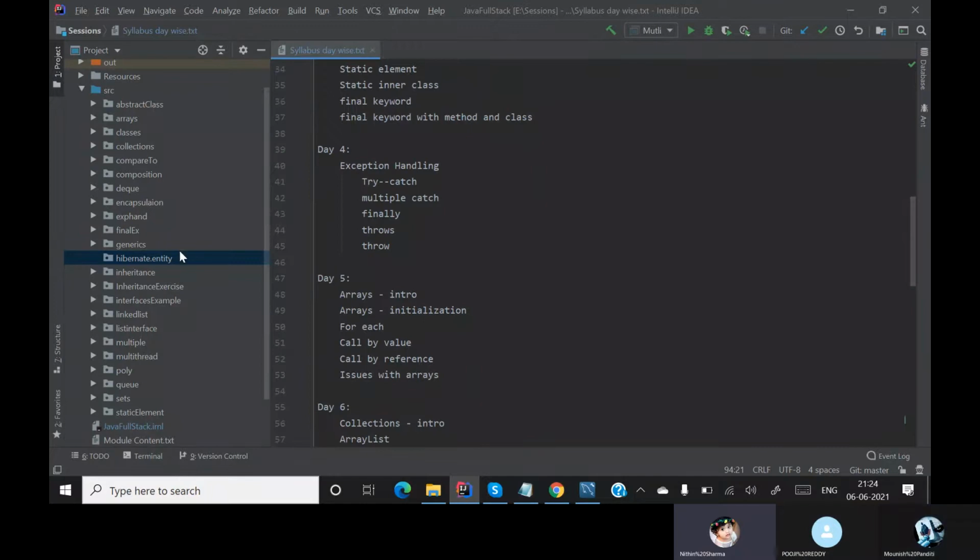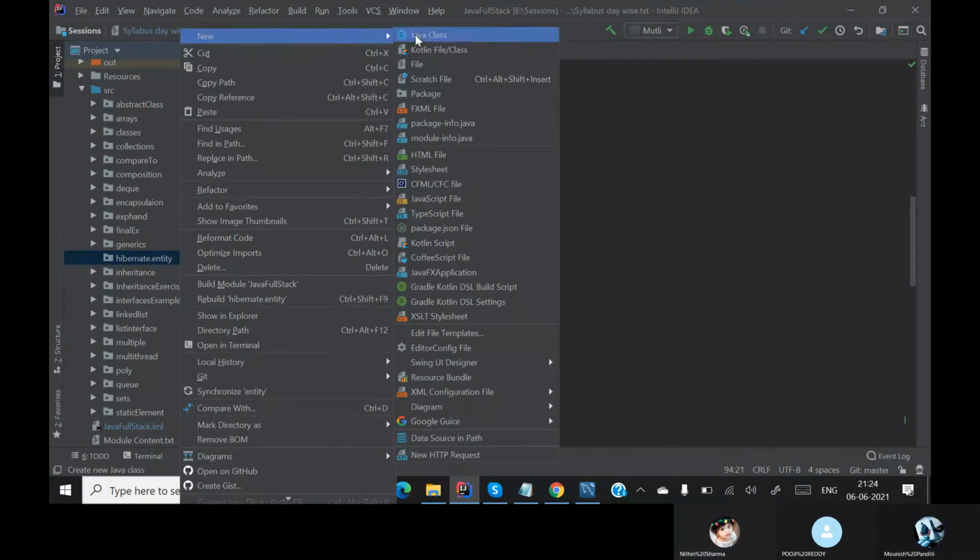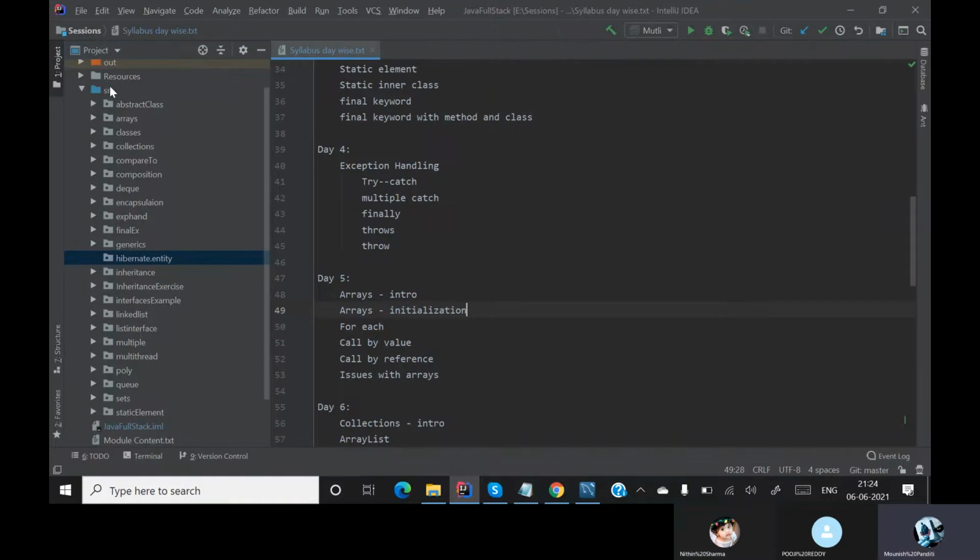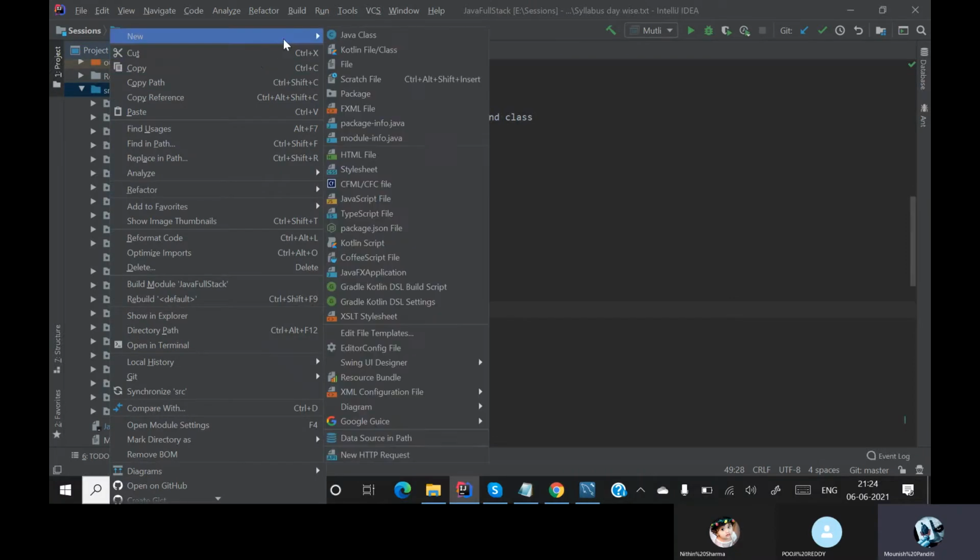Now inside my entity, before going into entity, this is my complete project. Inside my source I need to create an XML file. This XML file is called the configuration file. What is this configuration file?